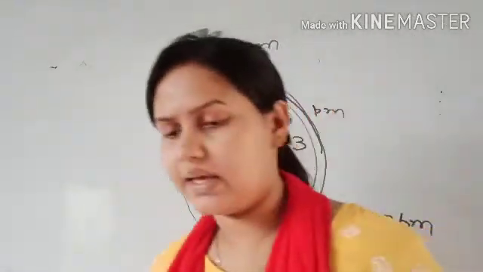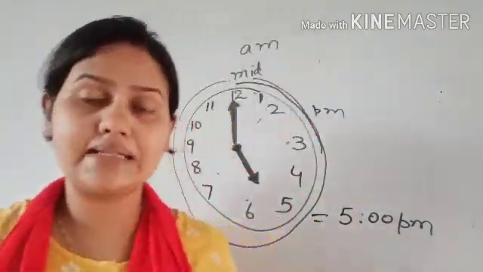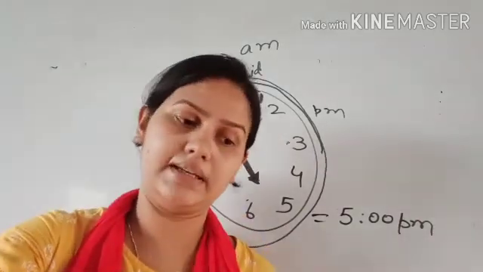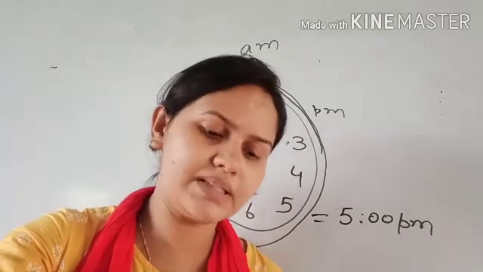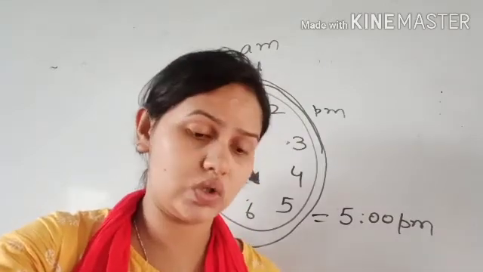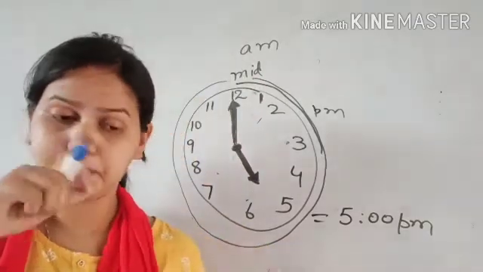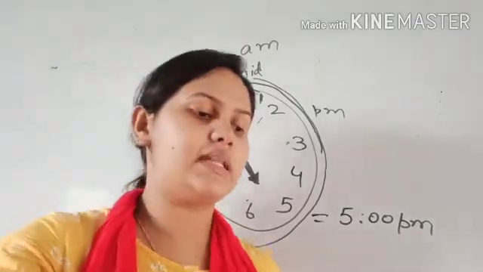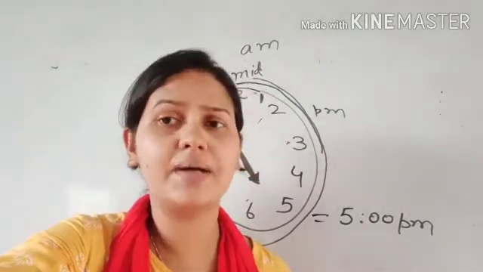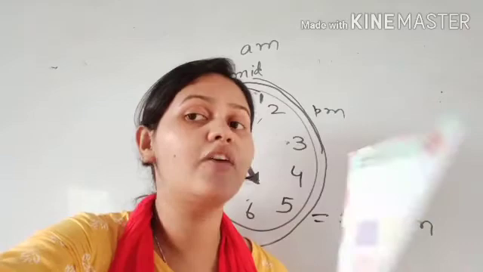Now students, there are months and days on the next page. On the next page you all have your months and dates. So you have to find out there are 12 months in a year. There are 7 days in a week. Sunday is the first day of the week. You have to remember all these things. Now which months have 31 days, which months have 30 days, and which month has 28 days, you have to find out yourself. This is months of the year.